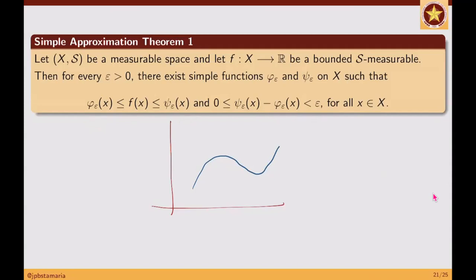Now, how sa picture ko, nasaan yung phi epsilon, nasaan yung psi epsilon, I will show you where. Kunwari, ito yung f. Measurable siya kunwari. Saan yung makikita yung phi epsilon tsaka psi epsilon? Ang gawin nyo, drawing ko to. Ito kunwari si f plus epsilon over 2. Ito naman kunwari si f minus epsilon over 2. Next meeting, ipapakita natin kung paano mag-construct ng phi epsilon tsaka psi epsilon. Ano ba yung phi epsilon? Yung phi epsilon dyan parang ito. Yung phi yung nasa ilalim. Parang ganyan yan.